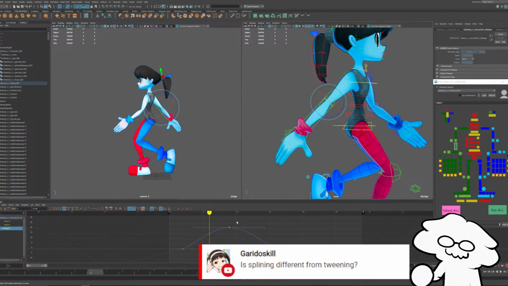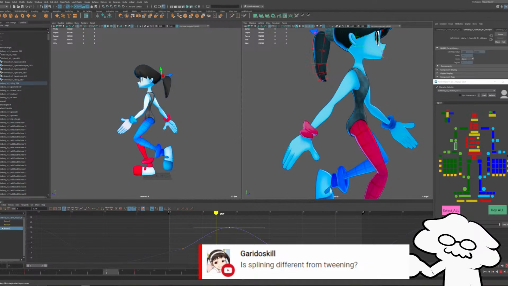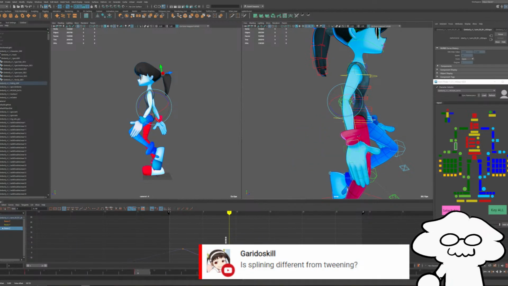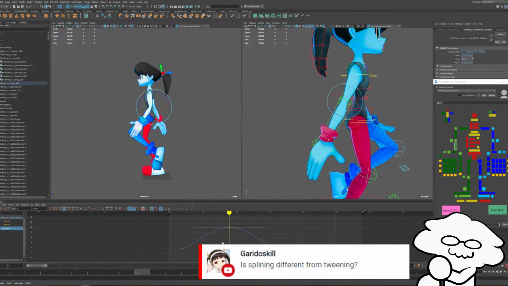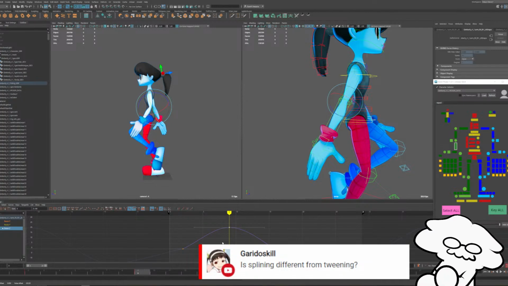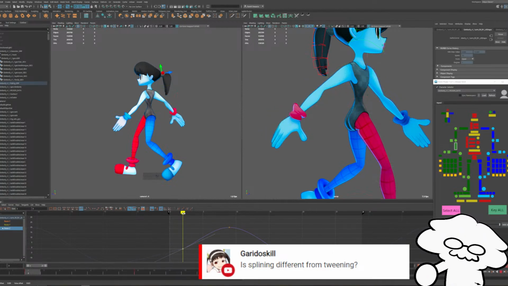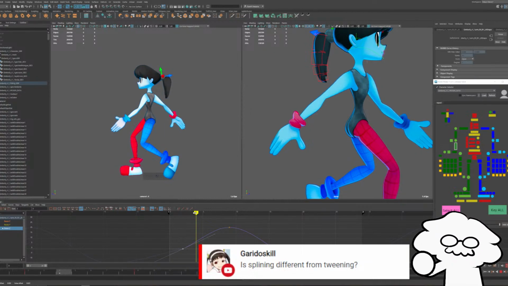If I take the key that's on frame 9 and move it up and down, you can see how it rotates on the curve editor. Or for frame 2, if I move that up and down, it rotates it. And between those two keys, it's going to interpolate or tween, as you would call it.